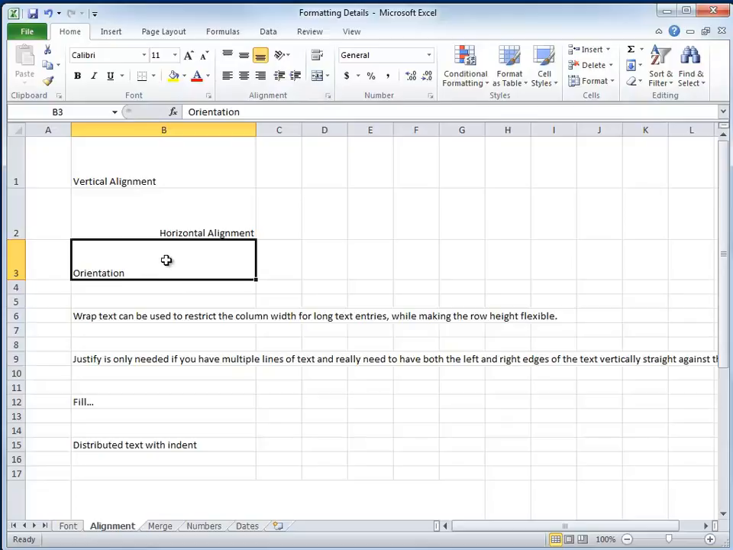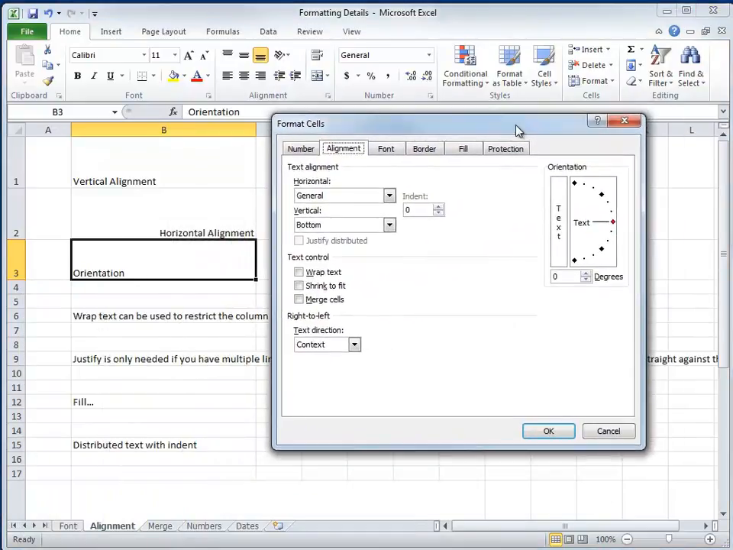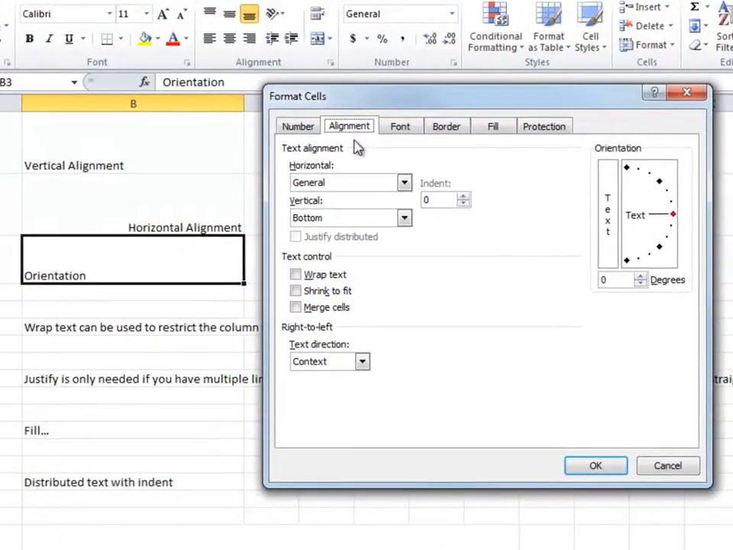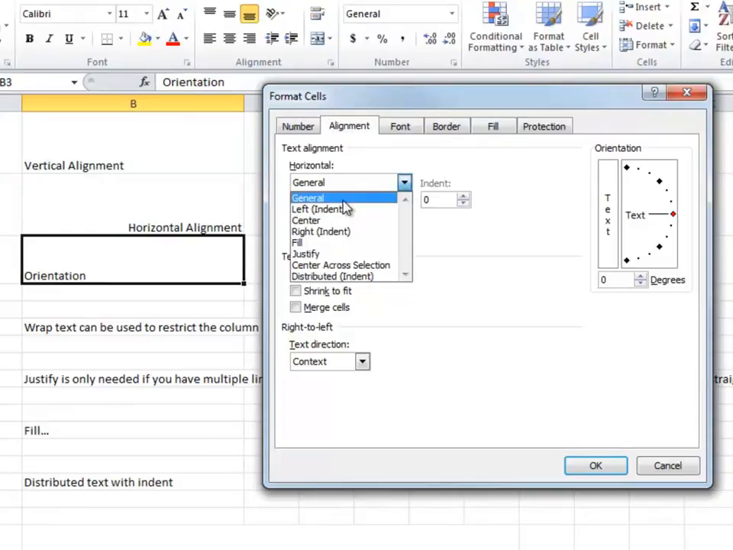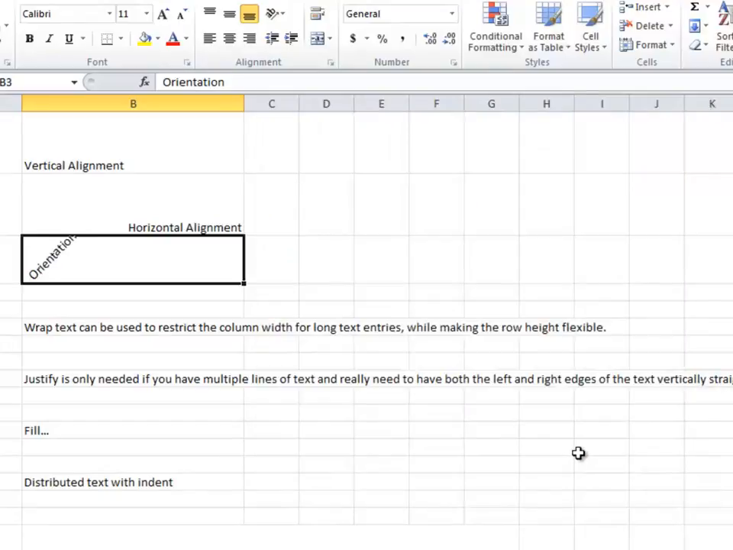To do that, I'm going to right-click on top of the cell and choose Format Cells, which takes us to the Format Cells dialog box Alignment tab. First off, if you click the drop-down arrow next to Horizontal, you're going to see Left, Center, and Right. We've seen these already on the ribbon. In the vertical drop-down list, we have Top, Center, and Bottom. These are the same things we've seen already on the ribbon. What we haven't seen is this clock face over here with the little red diamond. Drag the diamond around on the clock face to whatever angle you like and click OK to rotate your text